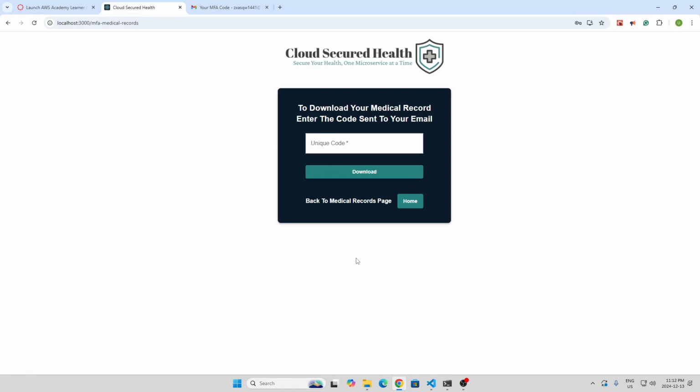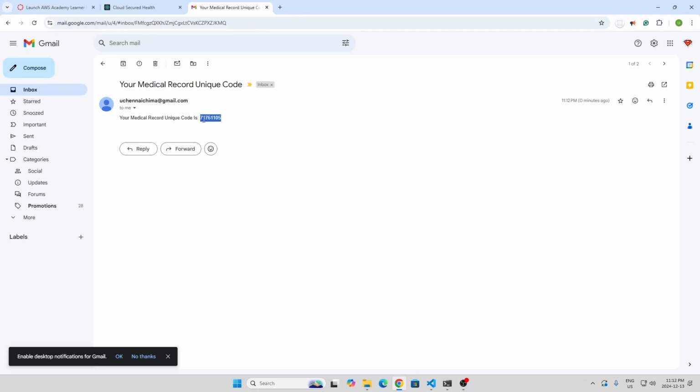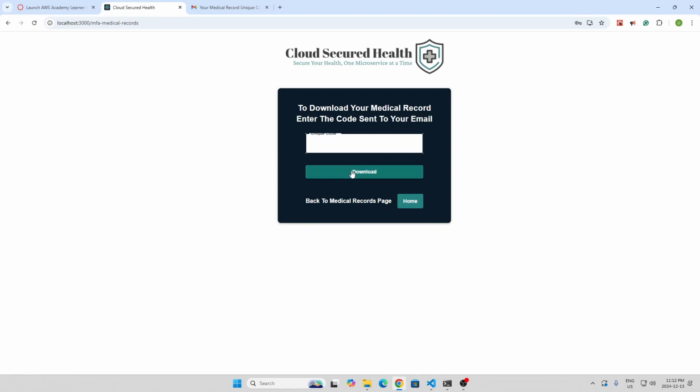and upon clicking that, I'll be redirected to a page to enter the unique code that was provided by the Cloud Secure Health platform in order to enhance the security of patients accessing the medical records. So when I navigate to my email, I see there was a new email sent by the doctor over here that contains the medical record unique code. So all I need to do is type in this code into the form to access that record. And when I do so and I press download,